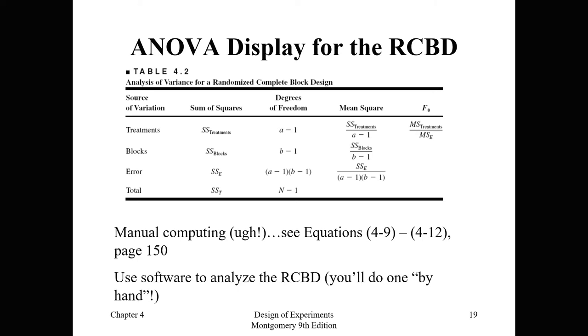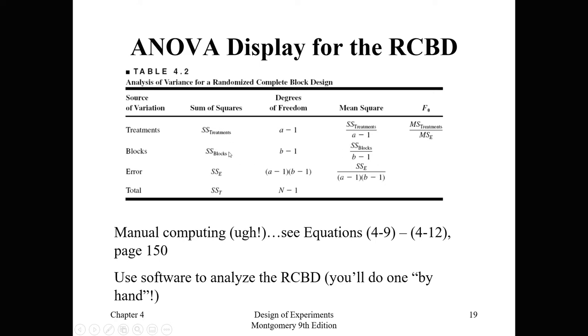I think we have the manual computations on the next slide. Looking at this slide, again, this is exactly what we'd normally expect, and you'll want to fill in these sums of squares treatments and blocks and errors with what we had a couple slides ago. The mean squares is exactly what we would expect, but the F ratio might surprise you a little bit because everything with the blocks, this is our new row in this ANOVA table, has really kind of mirrored what we've